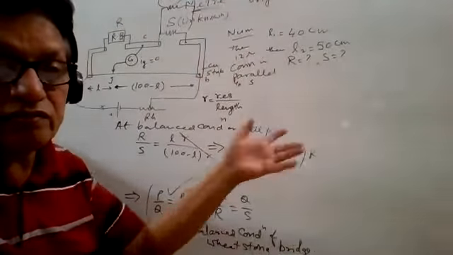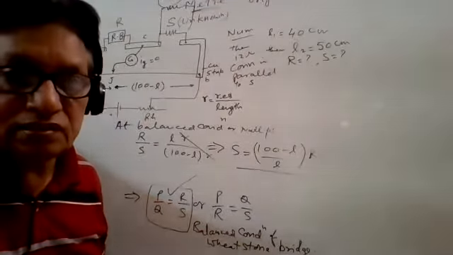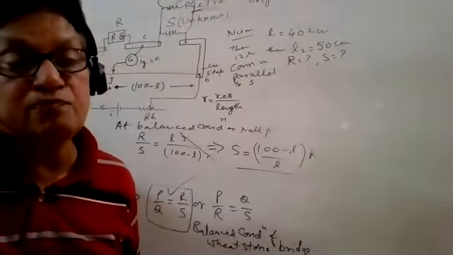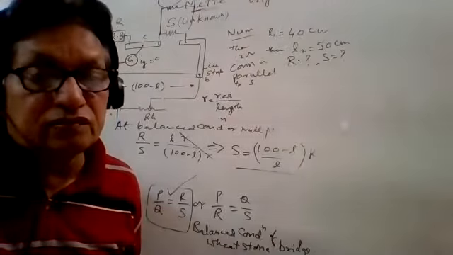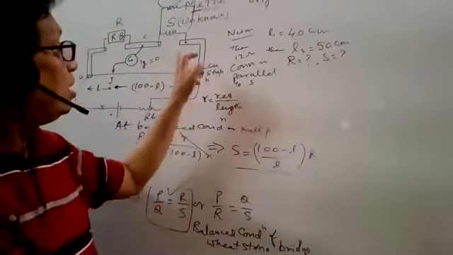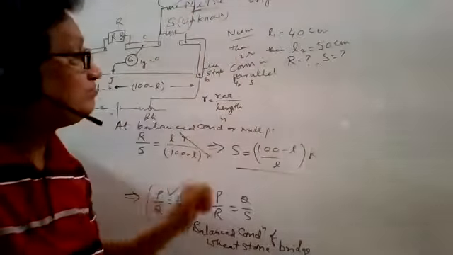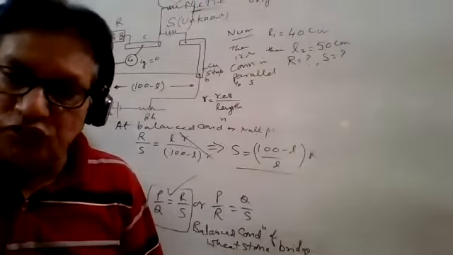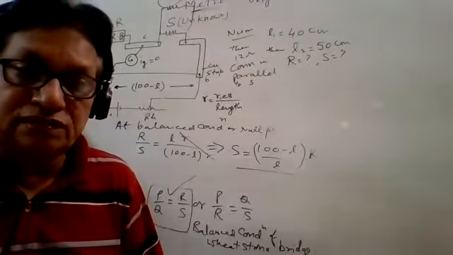Unless it is given from the right hand, always take from the left hand. So L is given, that's why always take from the left hand. Nothing is given here, it means always take from the left hand. And now if you connect here 12 ohm resistance in parallel, balance point comes here 50 centimeter instead of 40 centimeter. Or in other words, this balance point shifted towards right.